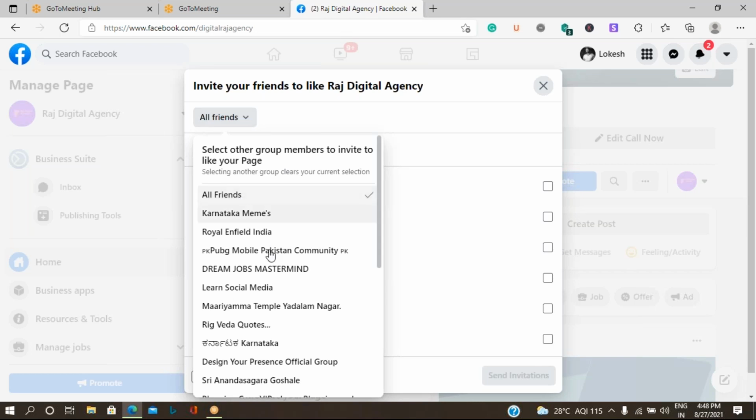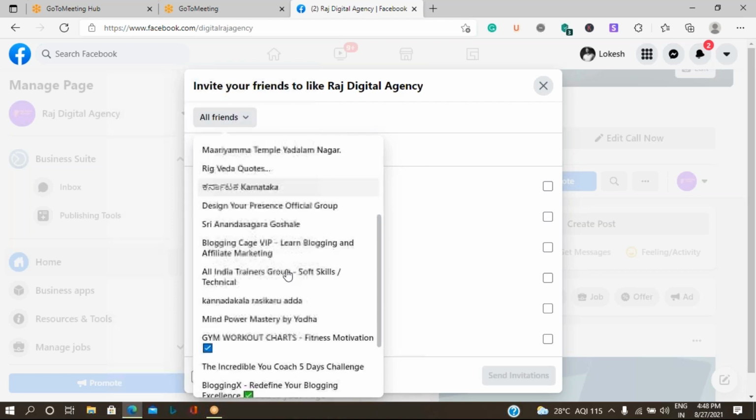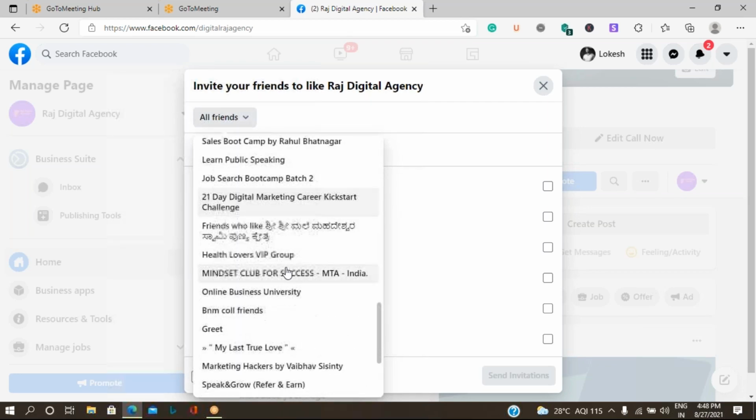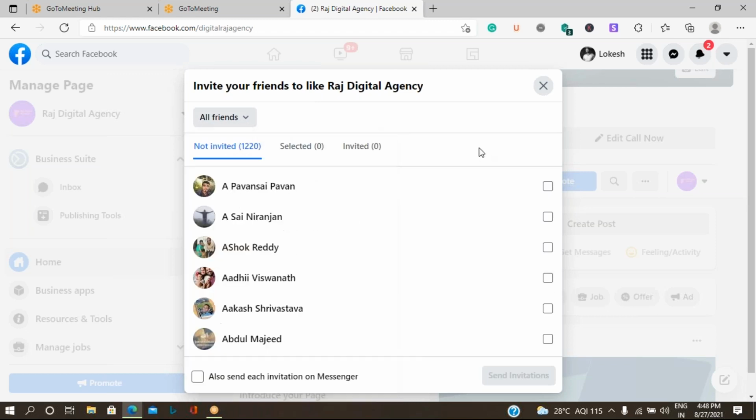And also if you are part of any group, you can send it to those groups also. It has been listed over here. Okay, so you can invite them over here, and once they accept the invitation, you will be able to get their list of names in your members section.